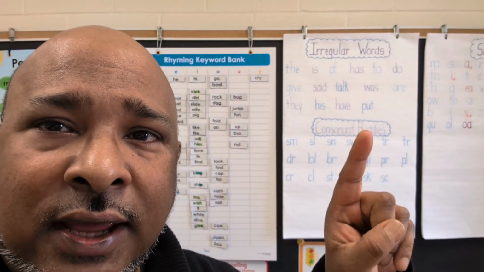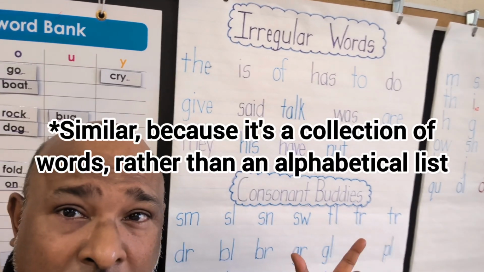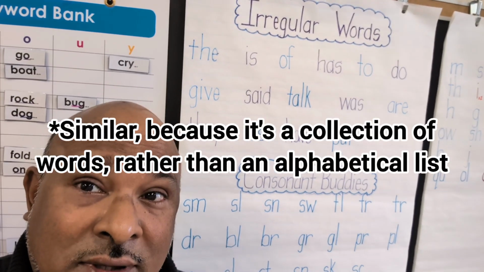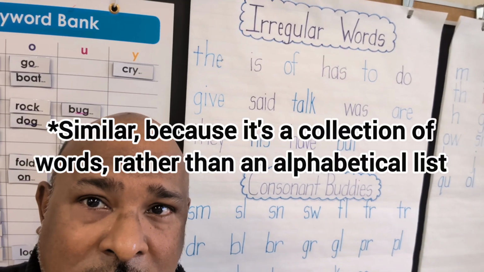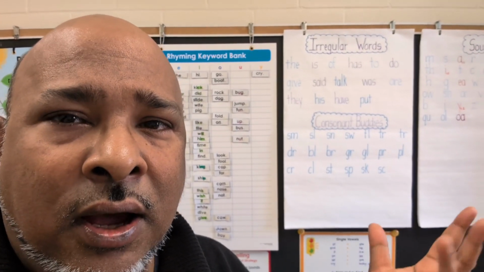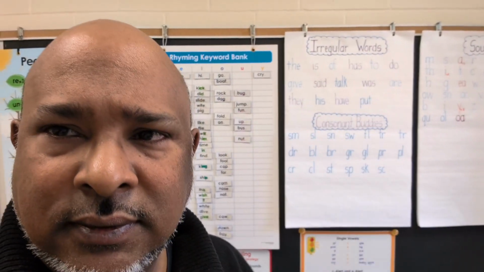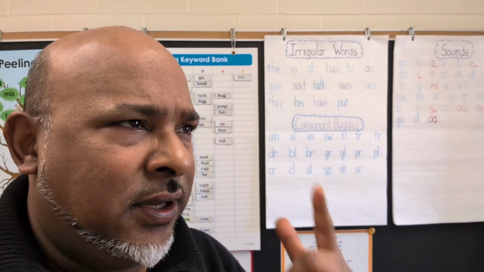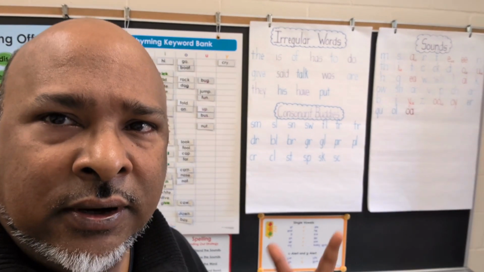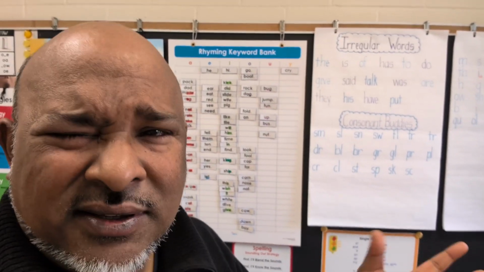I asked the teacher about word walls, and she pointed out that there is an actual irregular word wall in the room. They put it on the wall there so they can constantly see what the correct way to spell this word is. That is used for common words that are not phonetically spelled correctly, that they just need help to acknowledge when they're reading and when they're learning common words that they're going to spell, but it's not